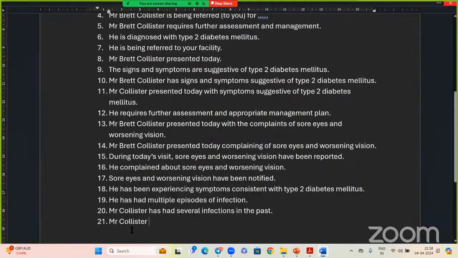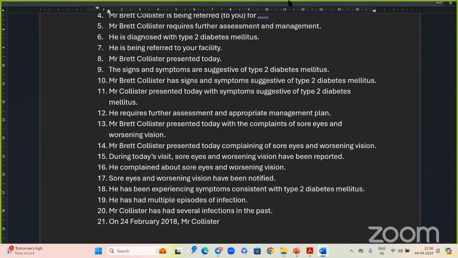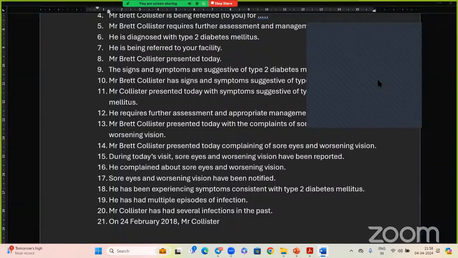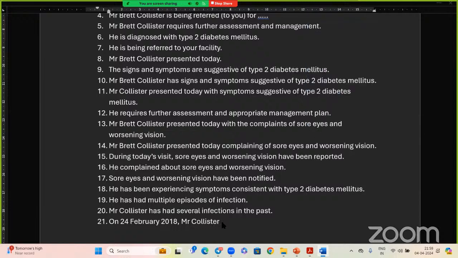So you can say on 24 February 2018, comma. Whenever you write, this is the way you can write these things. On 24 February 2018, Mr. Collister, yeah,